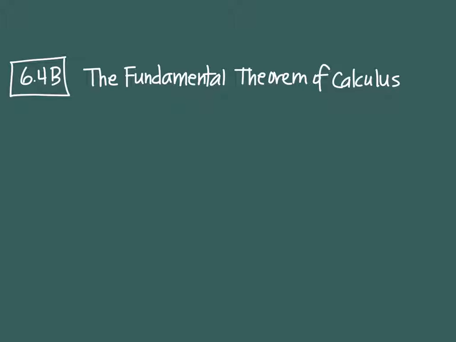Same thing with the fundamental theorem of algebra. But it's the same thing. Everything you do can be undone. So in algebra, we do stuff to both sides. If we've got an e on one side, we do an ln. That undoes it. If we have a square, we do a square root. If we have a sine, we do a sine inverse. Everything can be undone. That's the fundamental theorem of algebra.